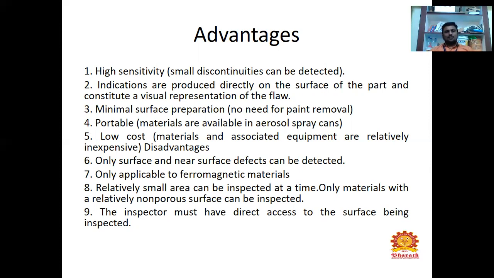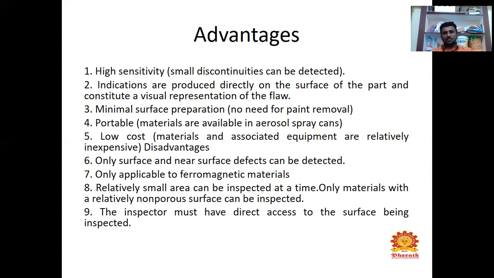So among the advantages, highly sensitive means small discontinuities can be detected, not big ones. So only small discontinuities can be detected. It has high sensitivity, but the problem is that we cannot find large discontinuities.